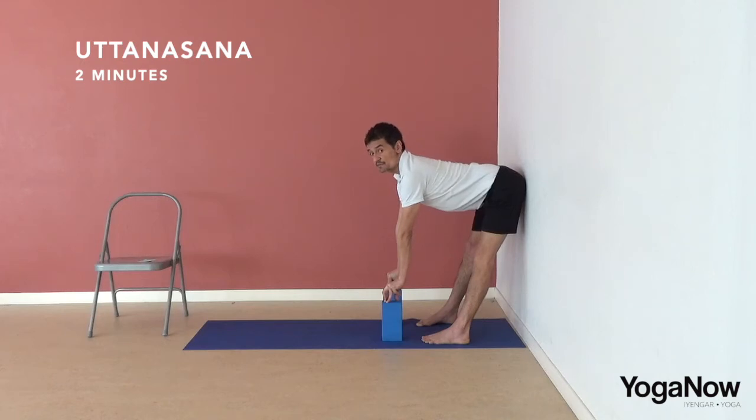Yeah, and the chest moving forward, the shoulders away from the ears. The legs are extended continuously. Yeah, and you make yourself long, long, looking forward. The waist is long, the sides of the chest are long. Yes, and then from here,